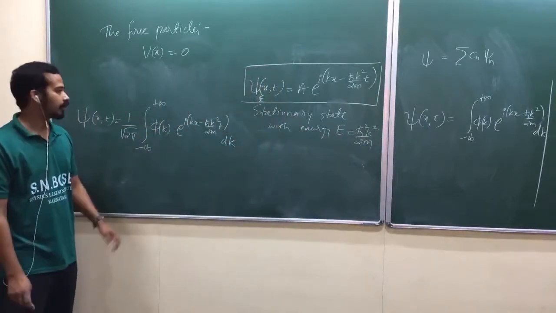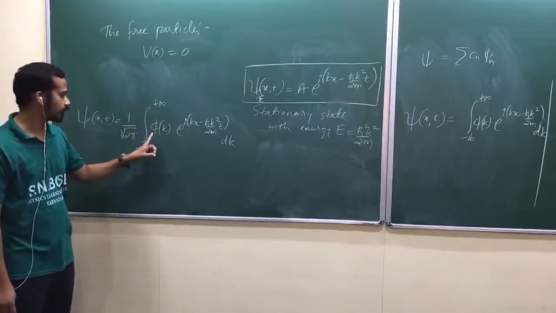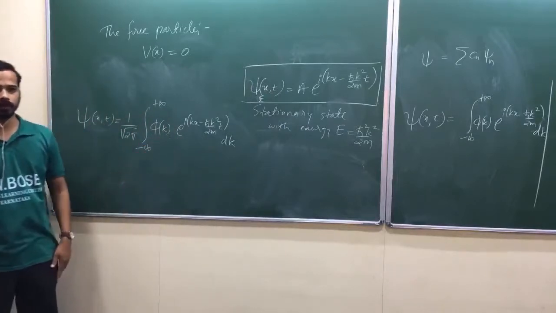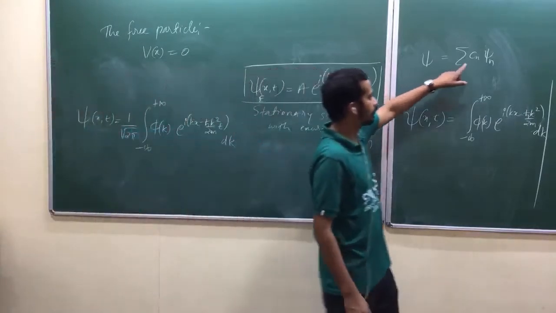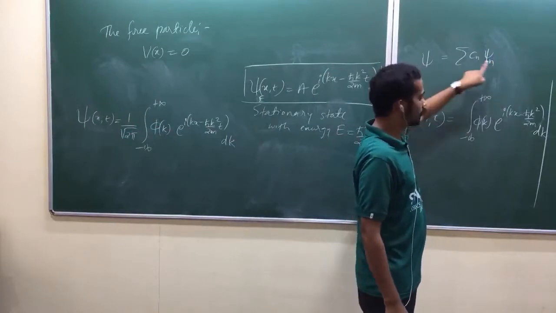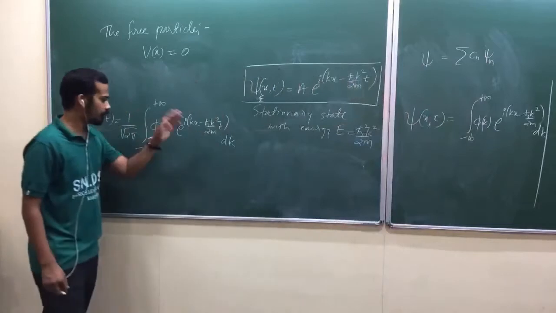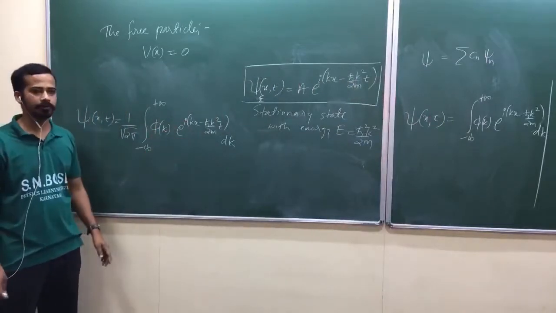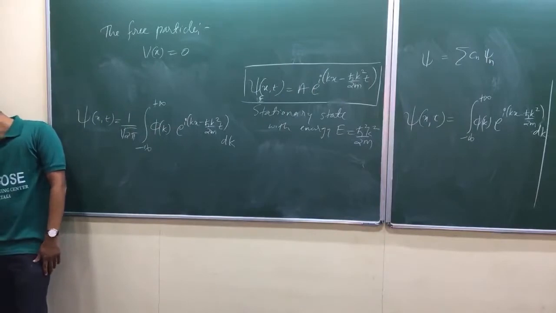Integration with respect to dk. And all this will take care of its dimension. Is that okay? This phi of k dk will take care of the dimension. Are you getting my point? Your Cn had no dimension actually when you write the summation. These two will usually have the same dimension. But here, this coefficient will take care of the dimension. Is that okay?